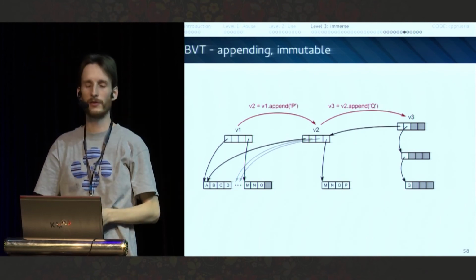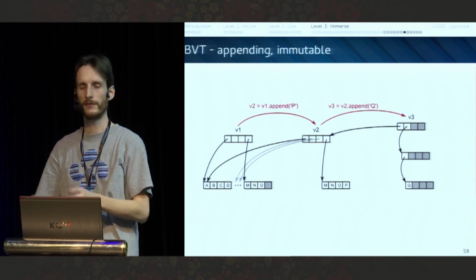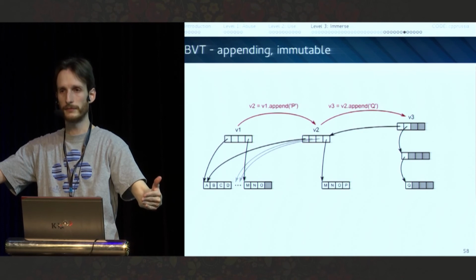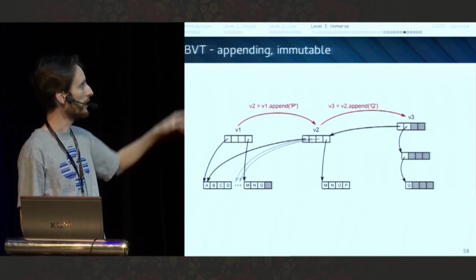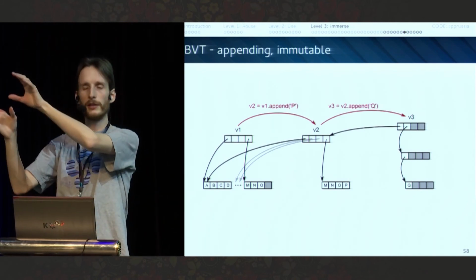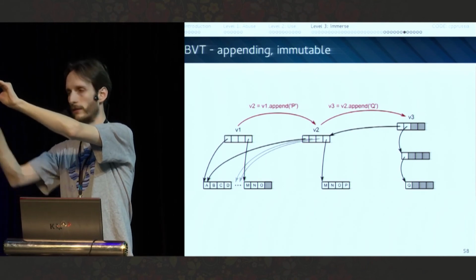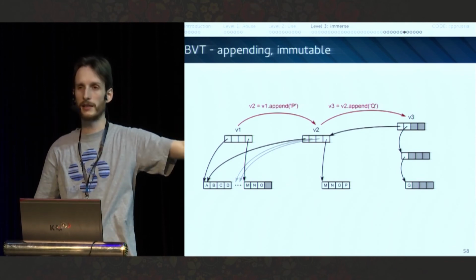As appending goes, it might even be more efficient than the worst case scenario for a vector, the case when it actually needs to copy all of its data. And again, if you fill all the leaf items, you need to create a new root. And again, the only new nodes that you have created are the new root and the nodes up to the leaf where you added your element. Everything else is shared.